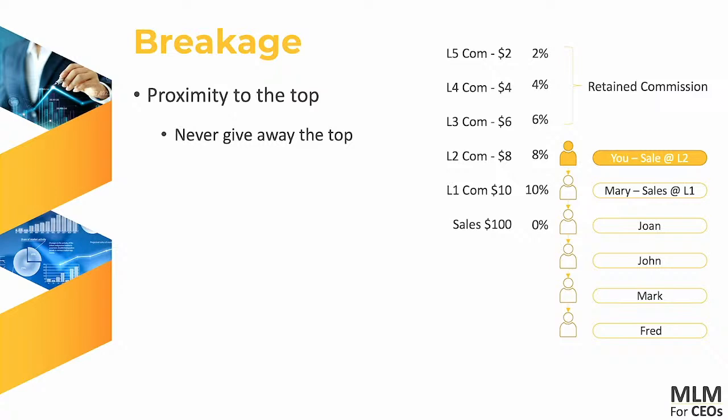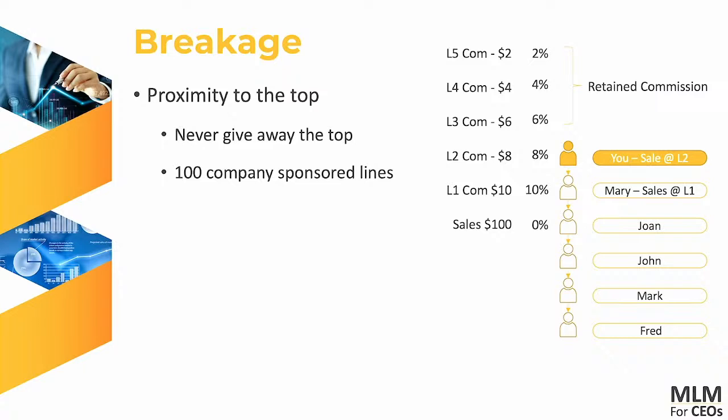So a couple of rules here. You never give away the top position, because if you give away the top position, then that breakage gets given away. And that costs the company a serious amount of money. The second thing that you want to do to maximize breakage in this particular scenario, in other words, due to proximity, is the company should have 100